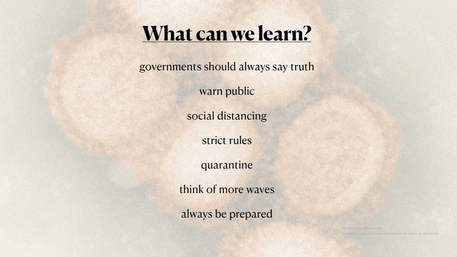They lied to the people. People had to work and there were still some events taking place. The governments cared more about their economy than about the health of their people. Governments should trust in the people, but also pass laws or measures like lockdowns and quarantines. Also, the governments should watch out and be prepared for more waves or new pandemics or epidemics.